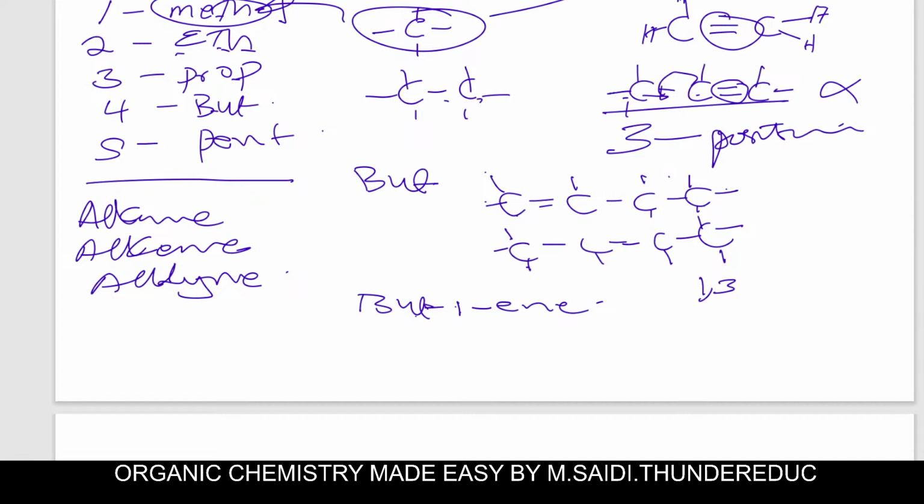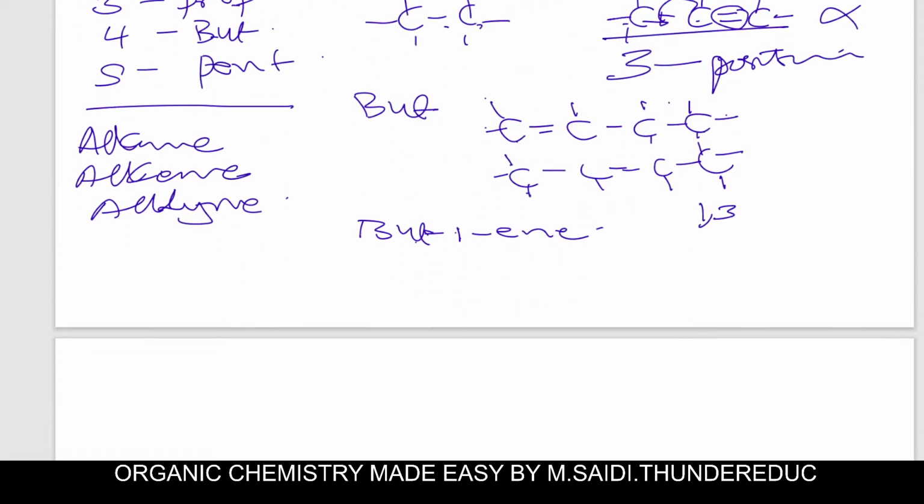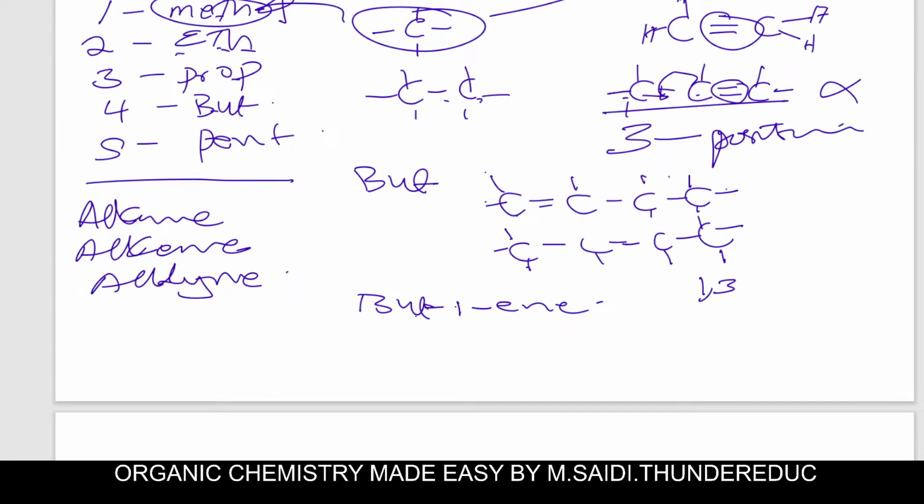Yes. All right. So if we continue with that, we're going to see that alkynes are the same thing. We don't have alkyne for one, we only have alkyne for two. And after three, you have to show the position. I think I'm clear there. Then let's go to the nomenclature of the